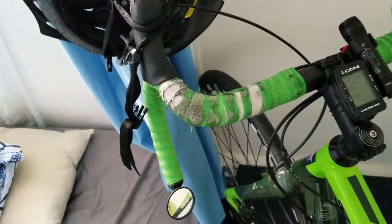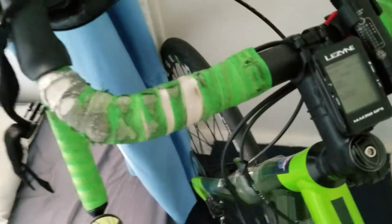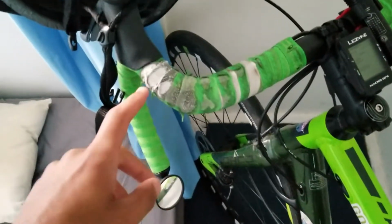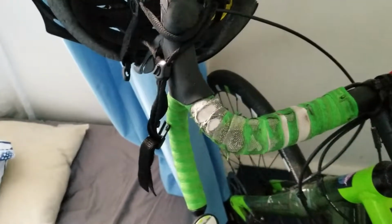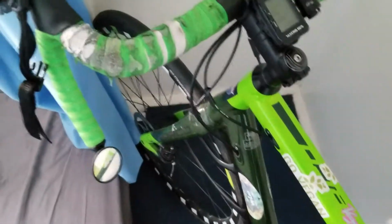Today we are doing a quick review of the Lizard Skin bar tape. I've had this bar tape for almost a year and 2 or 3 months now. I got this when I first got my bike. As you can see, it sort of matches the color scheme. I would like to get it again, but there's a few gripes that I have with the Lizard Skin